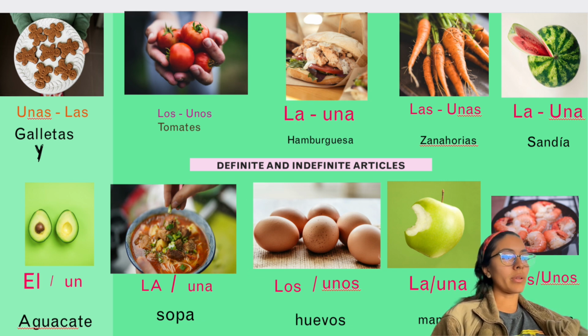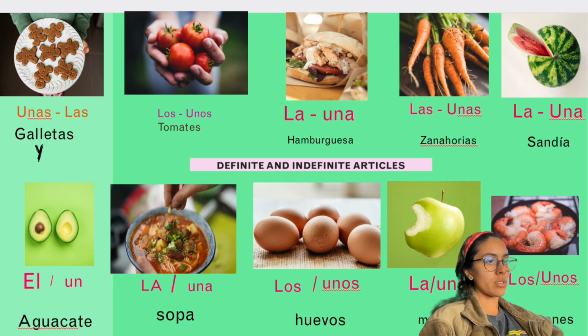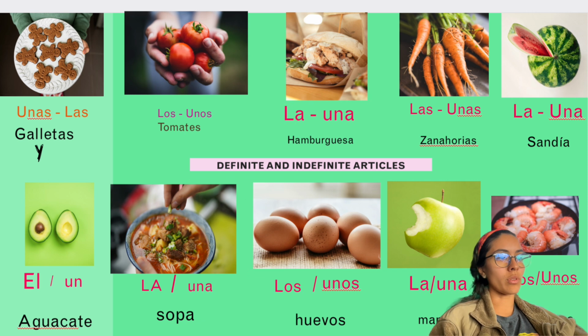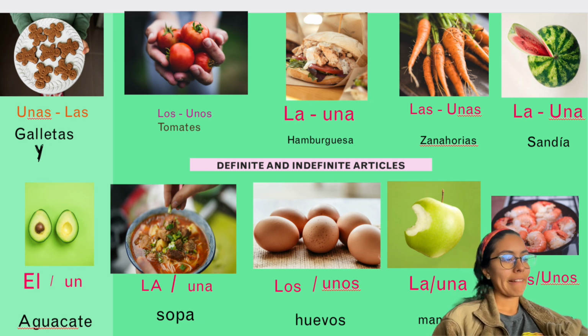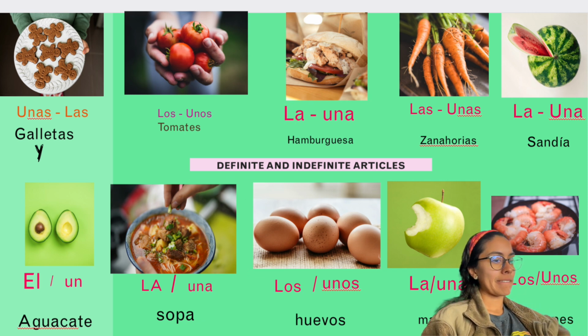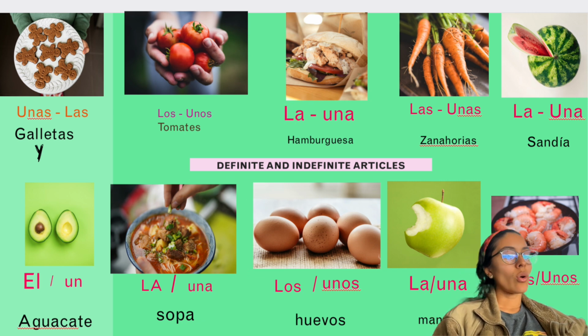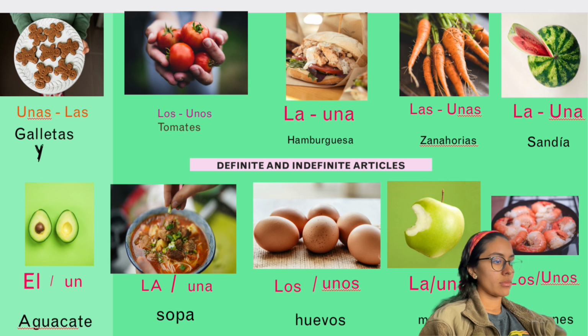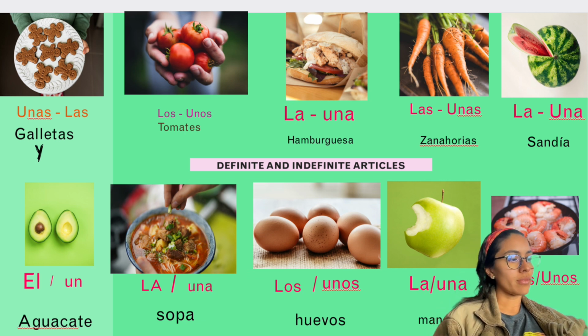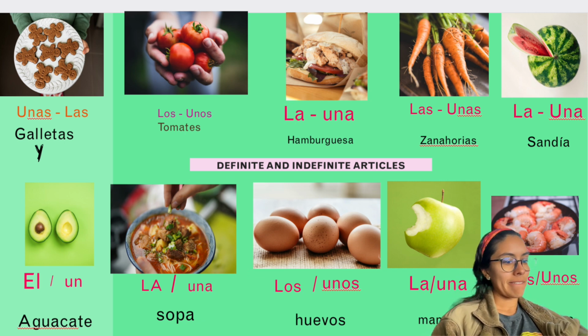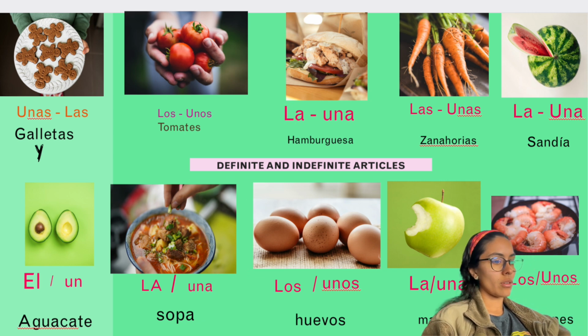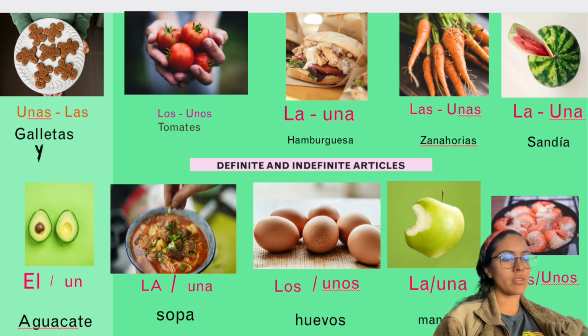Does everybody relate to the pictures and know what things are without me putting the English translation? Or is there any picture that you want me to tell you the word for in English? Could you do the egg again? I didn't understand the pronunciation on the egg. Egg. Okay. Huevos. Right. Huevos. Yeah, it's almost a W sound. Huevos. Okay. Yeah, you're right, it's almost a W sound. Huevos.